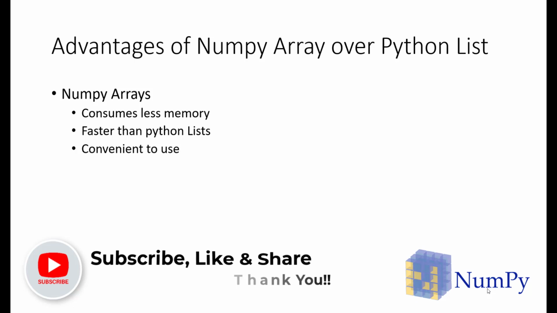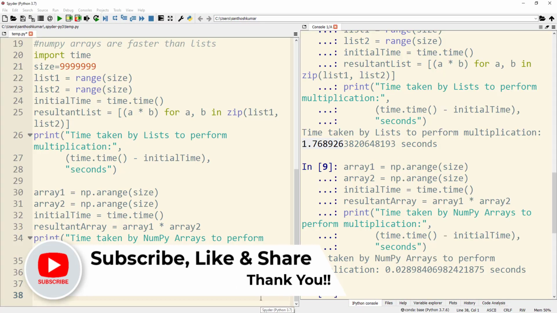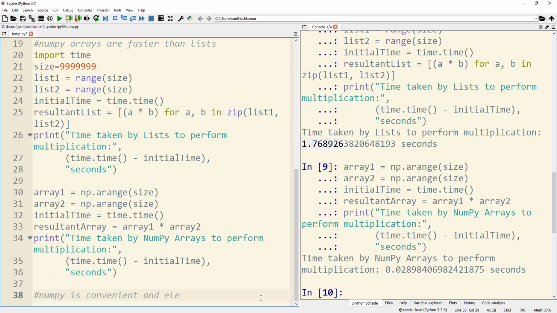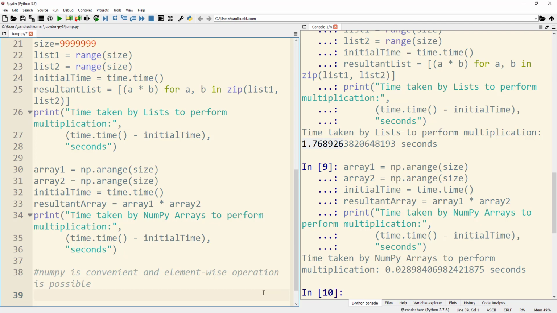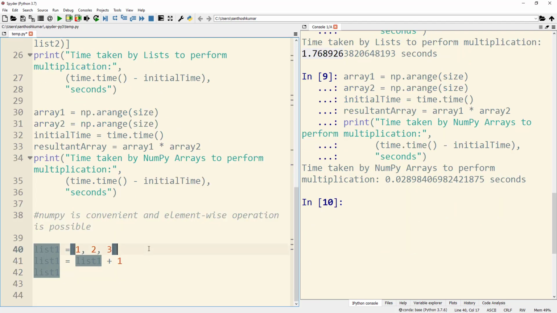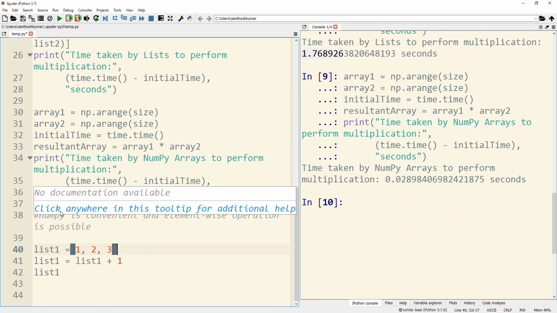Also, the NumPy array is very convenient to use. Now we can demonstrate that NumPy arrays are in fact convenient and element-wise operation is possible. So in order to demonstrate that, I am taking a list and assigning it the values 1, 2, 3.